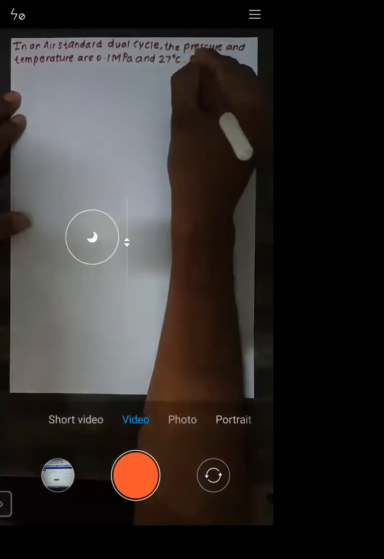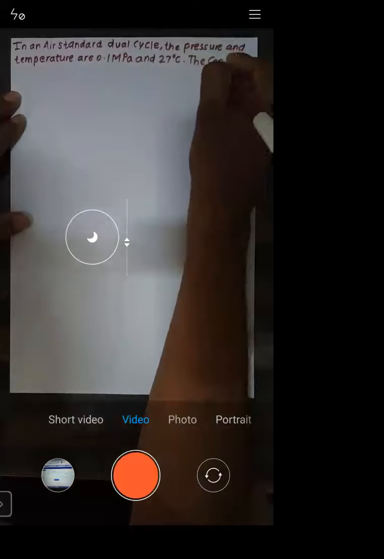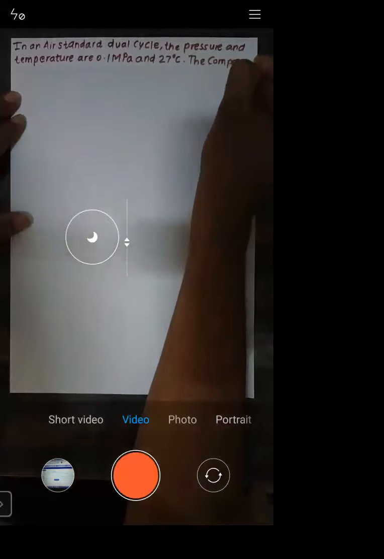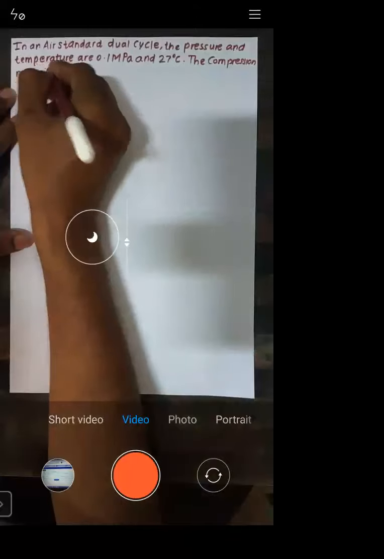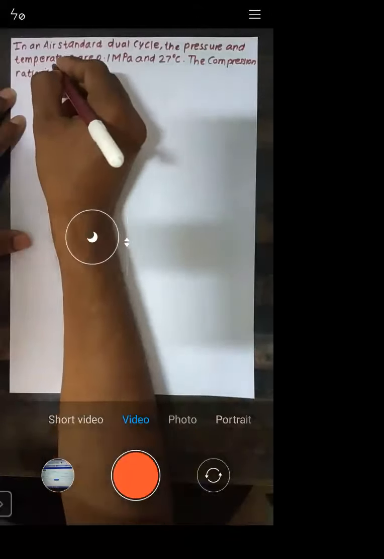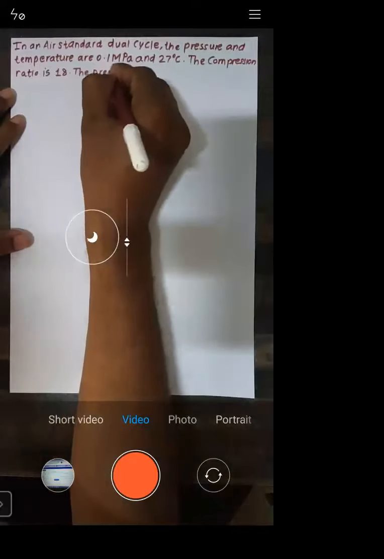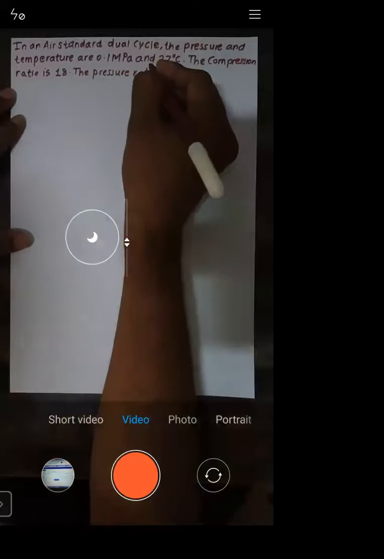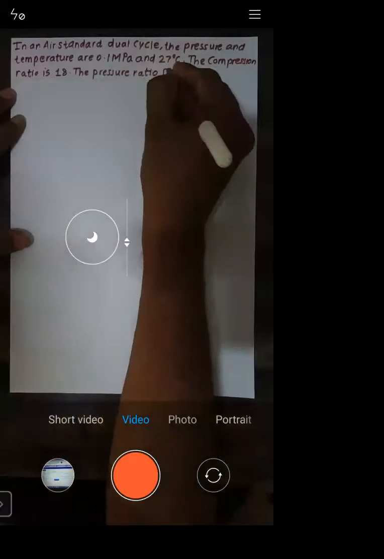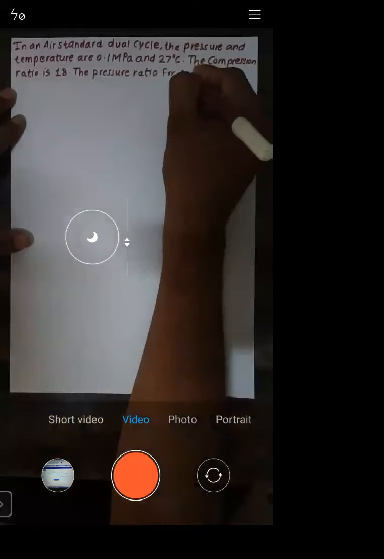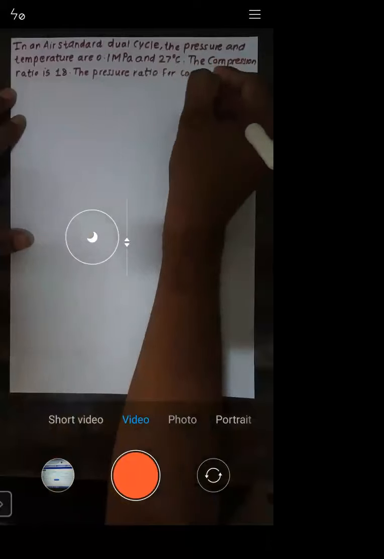The compression ratio is 18. The pressure ratio for the constant volume part, ratio